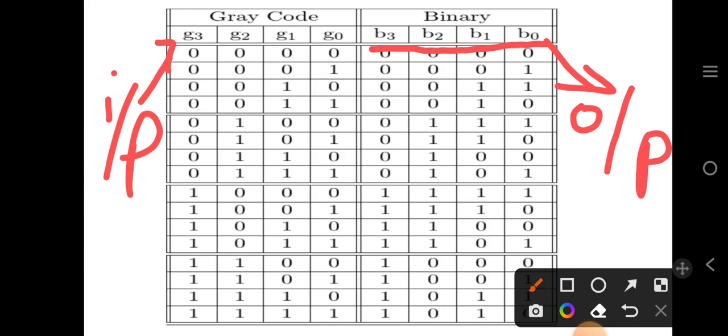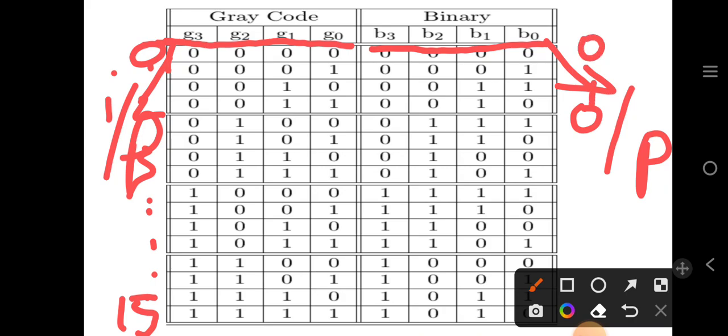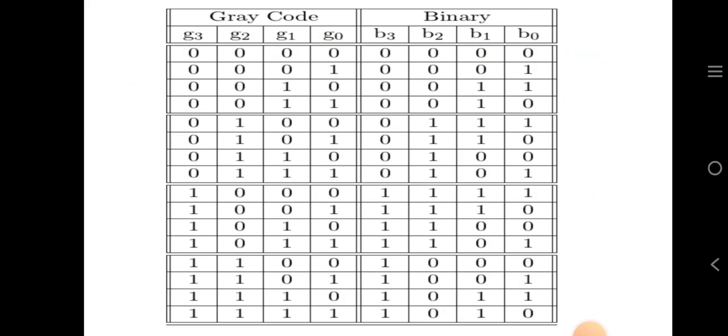Here what we have done, we have simply written the gray code from 0 to 15. 0, 1, 2, 3, 4 and so on up to 15 we have written the gray code, and here we have written the binary code starting from 0 to number 15. So this is the gray to binary truth table. I think there is no need to explain again and again. Gray code and binary code, everyone should be able to write or draw the truth table. Now the next step is to draw the truth table. Now which truth table will we draw?